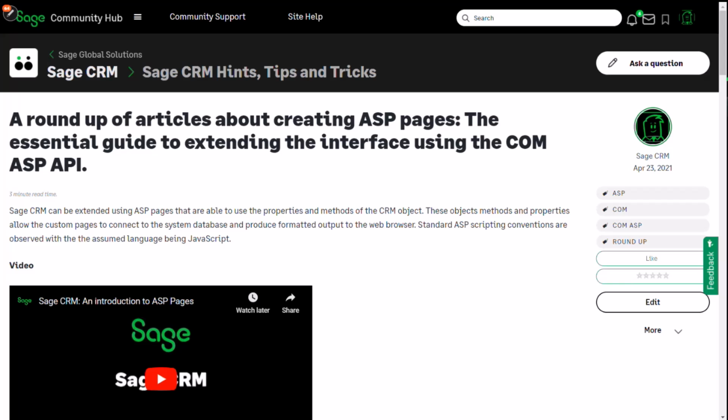And we'll also be coming on to the fact that the community, this is the Sage community hub, also contains a lot of information about the way in which ASP pages are constructed. And I would refer you to this article, which is a roundup of articles about creating ASP pages. You should be able to Google that, find it. I would then bookmark it so that you have reference to it